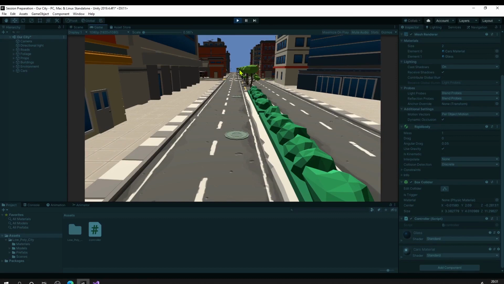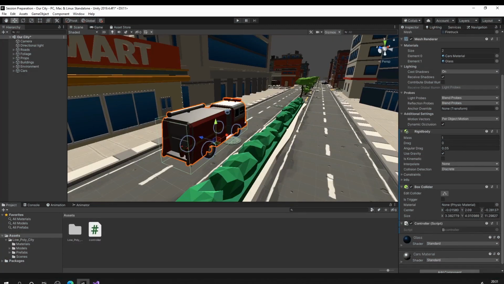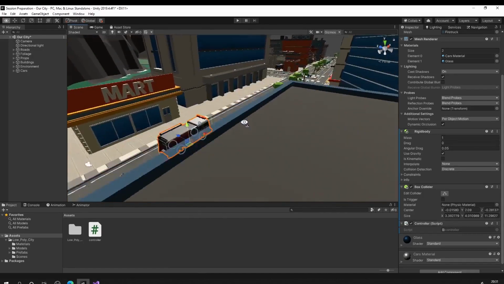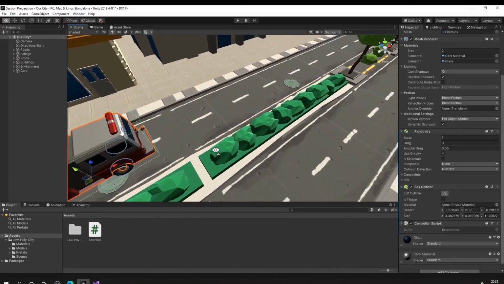Oh, so the vehicle moved forward and it finally jumped off. And we will soon know why it jumped off. So the vehicle is moving forward. We are not able to control its speed. So we will add those, but let us just first see why it jumped off, or why it fell